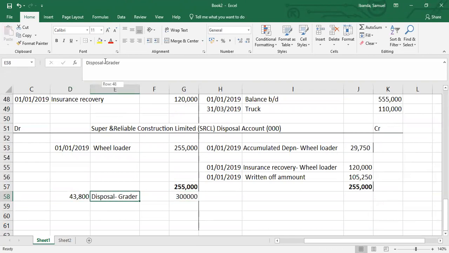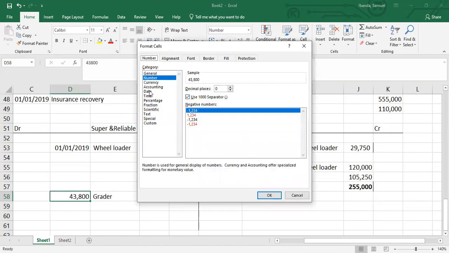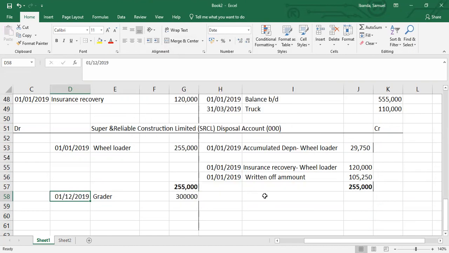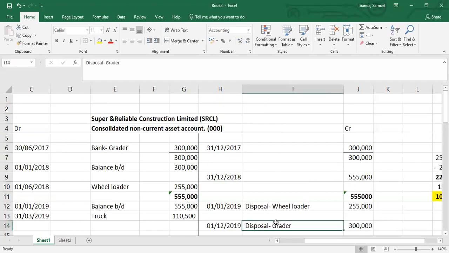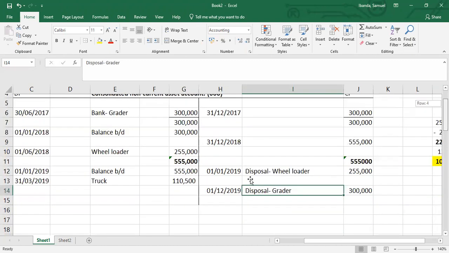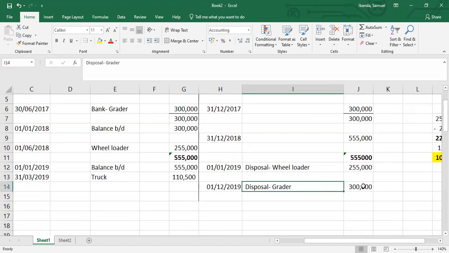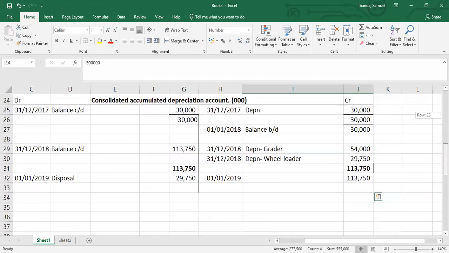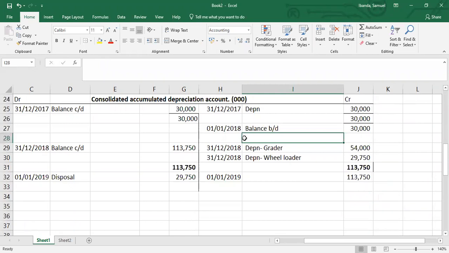put it here as a grader. Sorry, just correct this. So the grader is, we are debiting our disposal account with 300,000 and crediting here. I think you can see that we have written it off from this account. So the next is to do the same thing for the accumulated depreciation. So this grader,